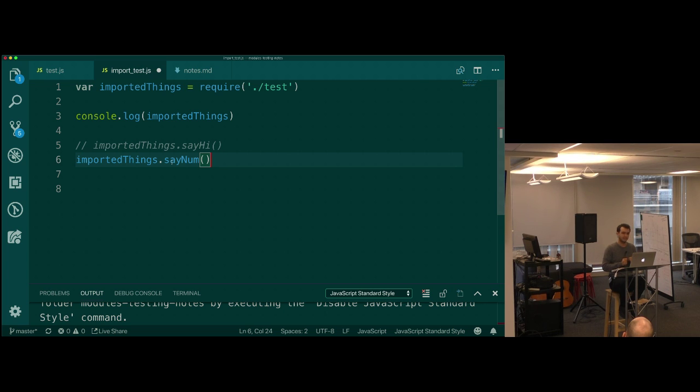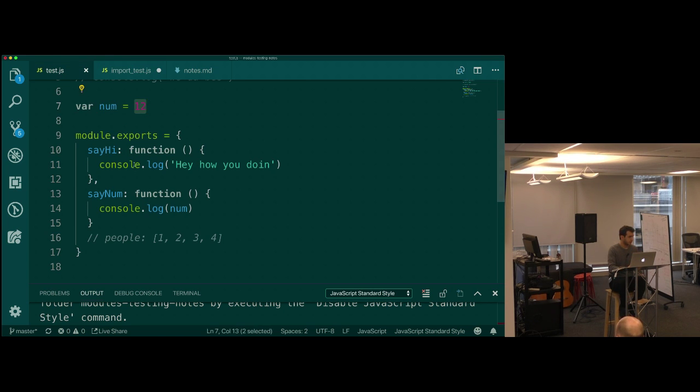Now we've got a little bit of security. Maybe say num is a special protected number, like proprietary code, stuff that I don't want to change, but I do want to give people access to using. That's what I've created here: a way of accessing some values or some data or some functionality in a limited way. I'm putting in specific locks. I could do tons of stuff in here.